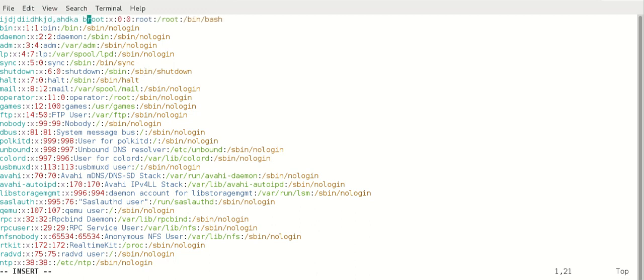If adding, okay, if you press I, where is the cursor? It will start editing. Now if I press capital I, it will come to the starting of the line. Suppose my cursor is here.